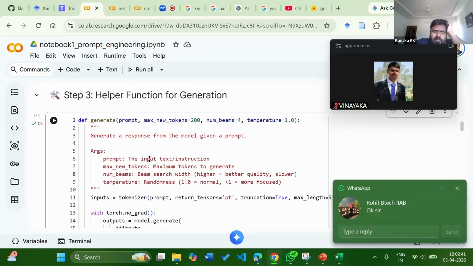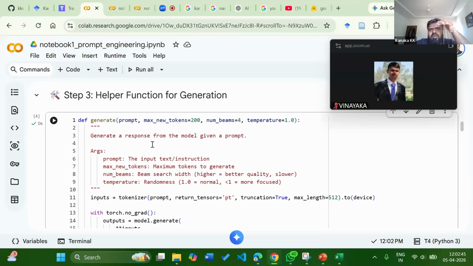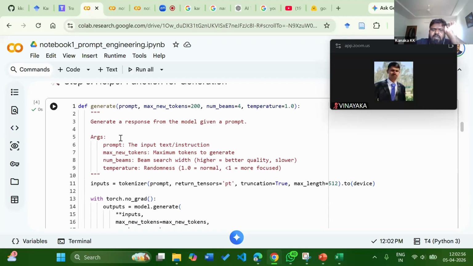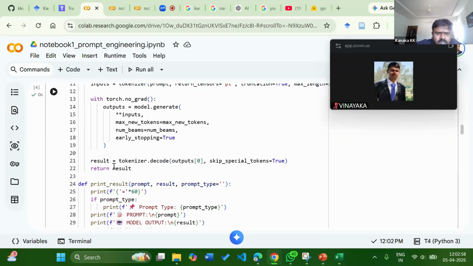OOP stands for object oriented programming. There we use classes and definitions. These definitions are called functions; def stands for function. So here we are creating some functions. I have created some functions,